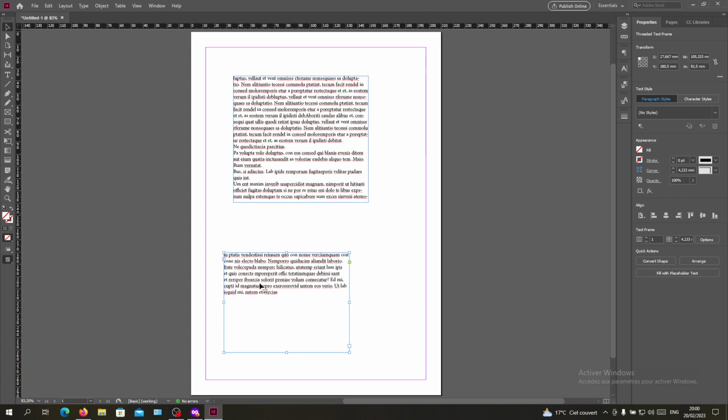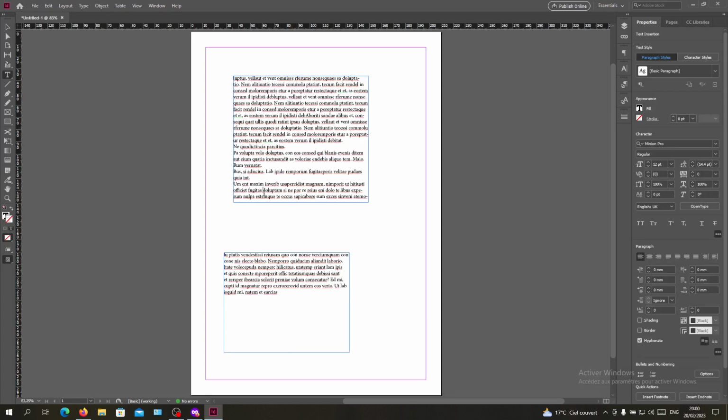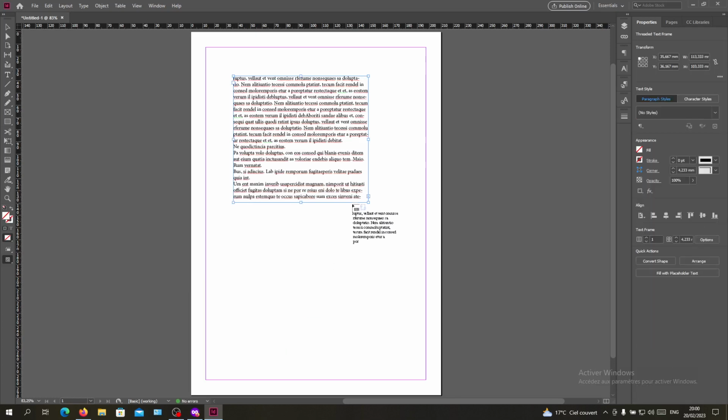Basically now the two text boxes are linked, so whenever I add some text here, as you can see it will be added in the second one too. The other method is to edit the size of your text box by